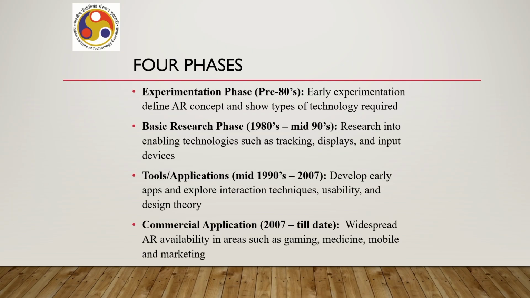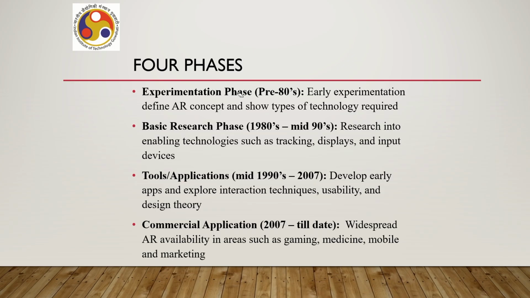Like in virtual reality, here also we can divide the overall evolution into distinct phases. However, unlike in virtual reality, the phases here may sometimes overlap. So, although I use the term distinct, sometimes the distinctions may be very less. So, it is possible to overlap. Now, broadly we can divide it into 4 phases as shown here.